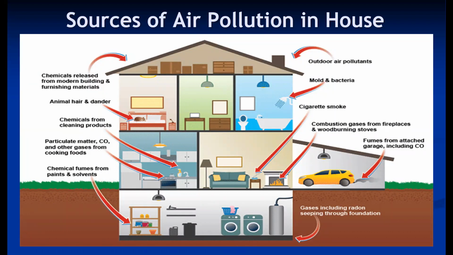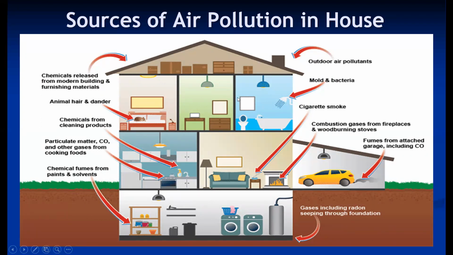These are the various sources of air pollution in the house, like chemical fumes from the paint and solvents, then particulate matter, the carbon monoxide and other gases from cooking foods, some animal hair and dander. So the chemicals from the cleaning products also, some pollutants are generated. So the chemical release from the modern buildings and furnishing materials, then outdoor air pollutants come inside the house, mold